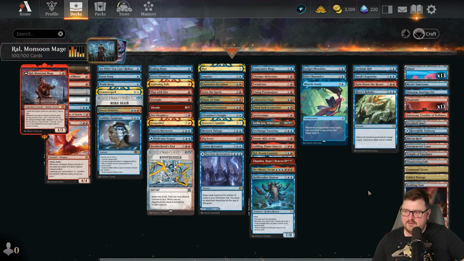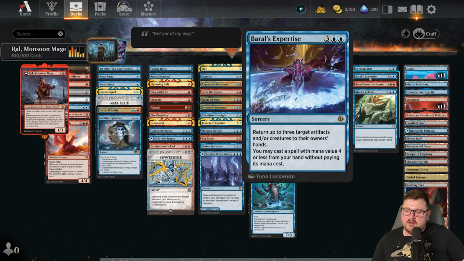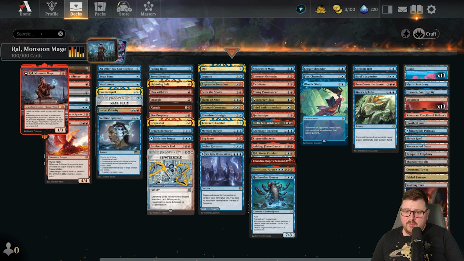And then these are my kind of large scale removal. Brawl's Expertise I finally unlocked. I was super happy with it. It gets rid of 3 things, and usually that's enough to kind of turn the tide of a game, and it gives you a free spell on top of that. So that was this